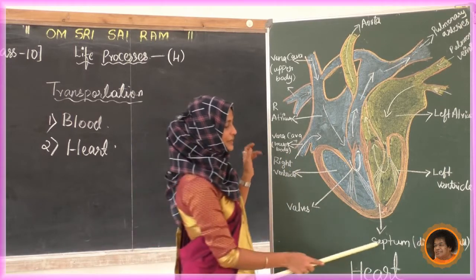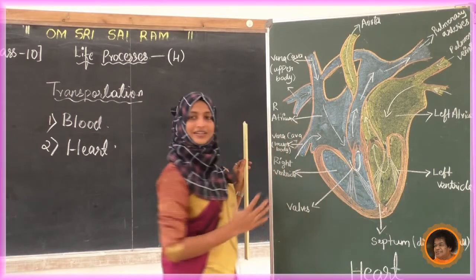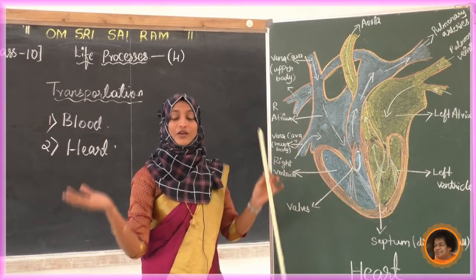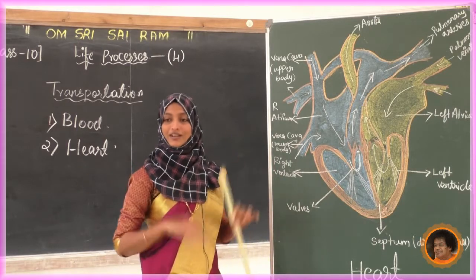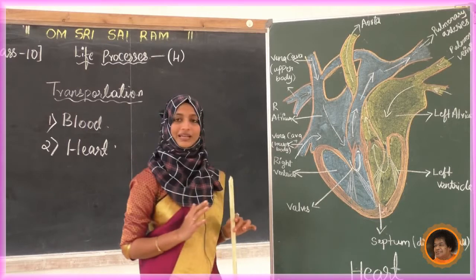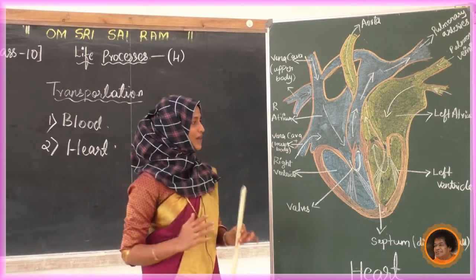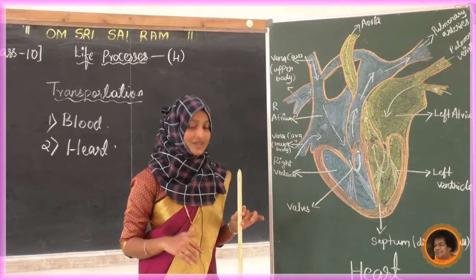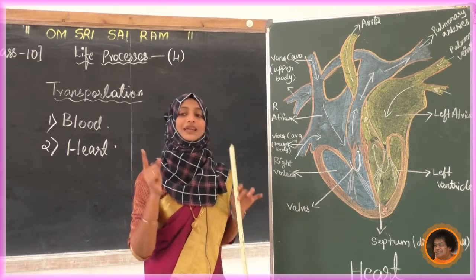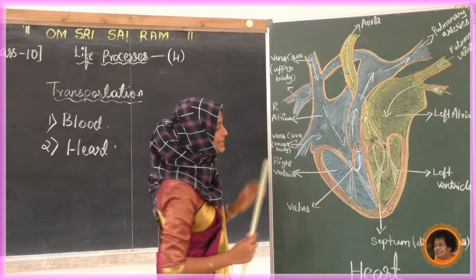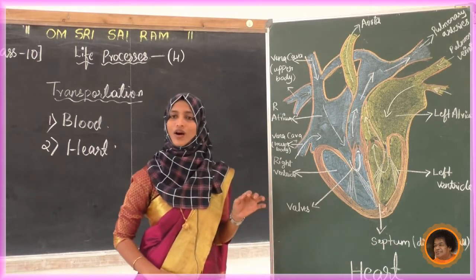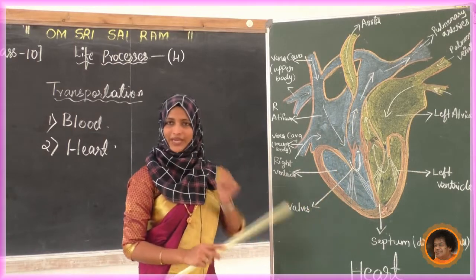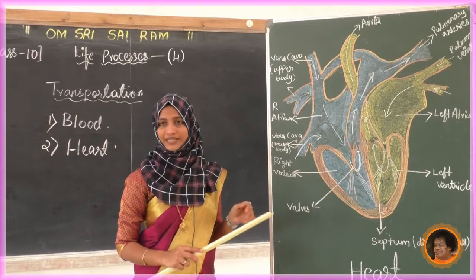The function of this septum is, see here there are different chambers, right? These chambers have to be separated, otherwise what will happen? Every blood will mix over there, like in a cockroach. How is it in a cockroach? The blood is a different color only. We have discussed that in our lower classes. So here it will mix up. To avoid that, there will be a partition, a compartment called the septum, a dividing wall. This septum is going to divide the entire system, to avoid the mixing of blood.